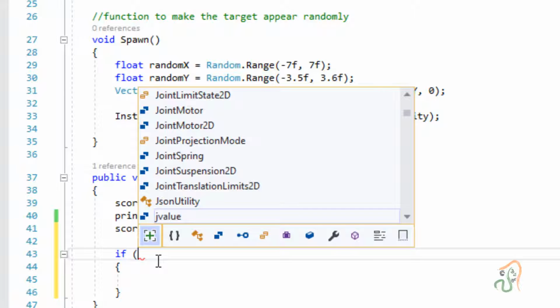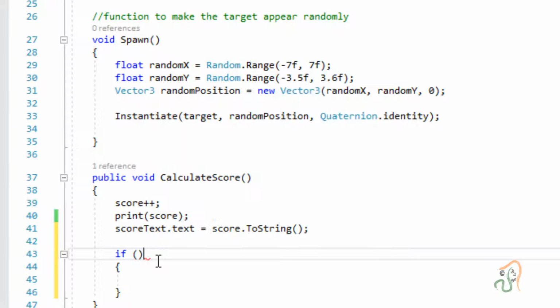To avoid this, what you have to do is, if this is not in insert mode but in overwrite mode, then on your keyboard press the Insert button. When you press the Insert button, you can see this is in insert mode. If you press it again, this will be in overwrite mode, meaning when you type, the previous text will get erased. So again press the Insert key on your keyboard. See that it is in insert mode.